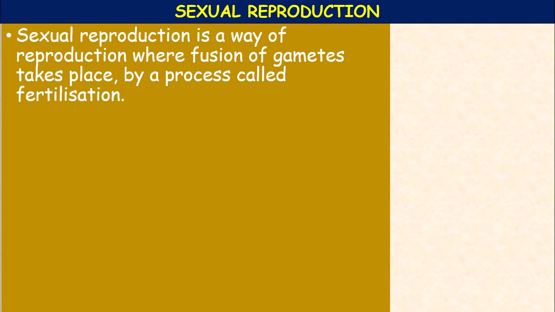The male parent produces a male gamete and the female parent produces the female gamete. Okay, the male gamete is usually small with a nucleus and very little cytoplasm. The female gamete is larger, with a nucleus and more cytoplasm than the male gamete. In sexual reproduction there is fusion of gametes. Okay, this is a very important concept. Fusion of gametes takes place by the process